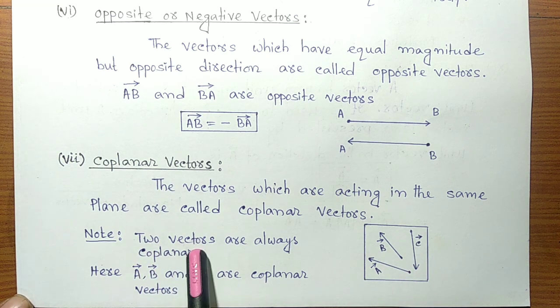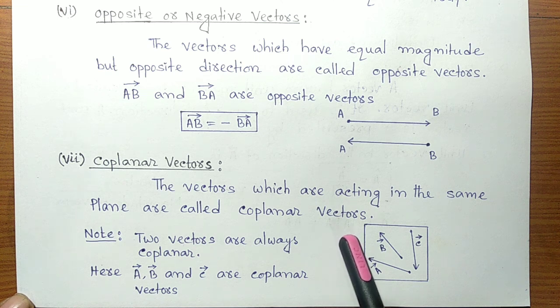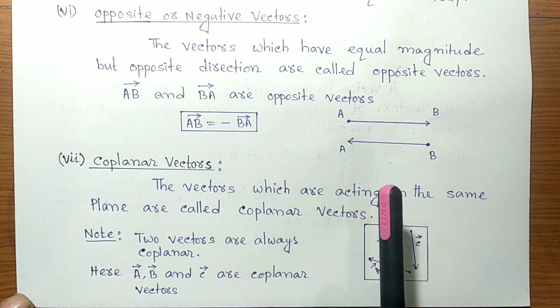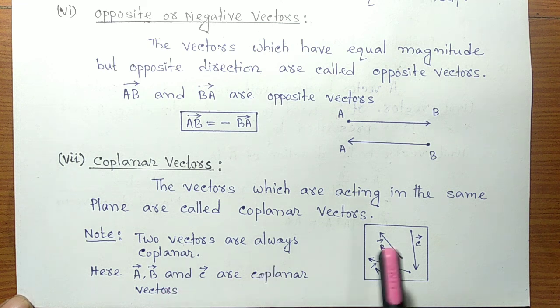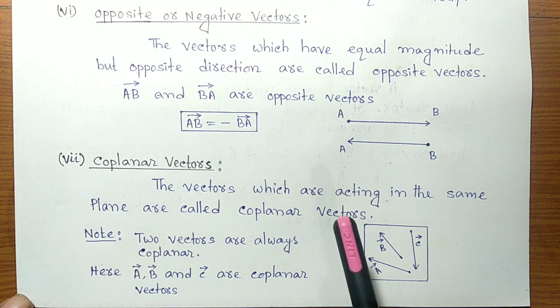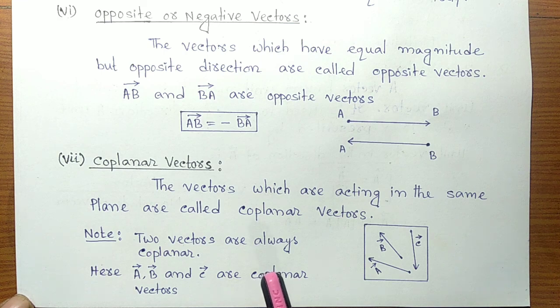But two vectors, whatever they be, for example one vector along the x coordinate and another vector along the y coordinate, are called coplanar because they lie in one plane. If we consider an x vector and a z vector, this is also coplanar. If we consider a vector along the y coordinate and a vector along the z coordinate, they will also be coplanar vectors.